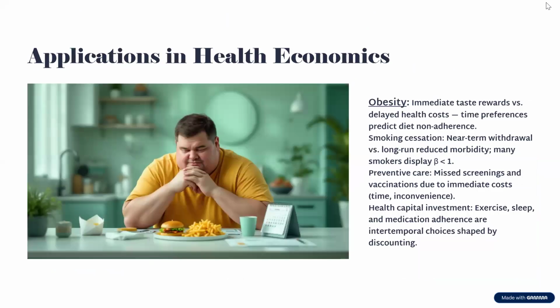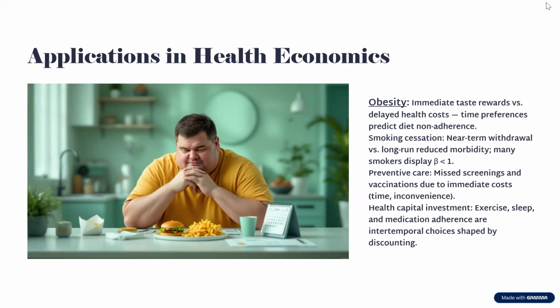Now we have empirical evidence and health links. Why does this matter for health? Let's look at the data. Studies show a direct correlation between high present bias and poor health outcomes. Smoking and substance abuse: addicts show significantly higher levels of hyperbolic discounting. They aren't just valuing the future less, they are valuing the immediate hit disproportionately.